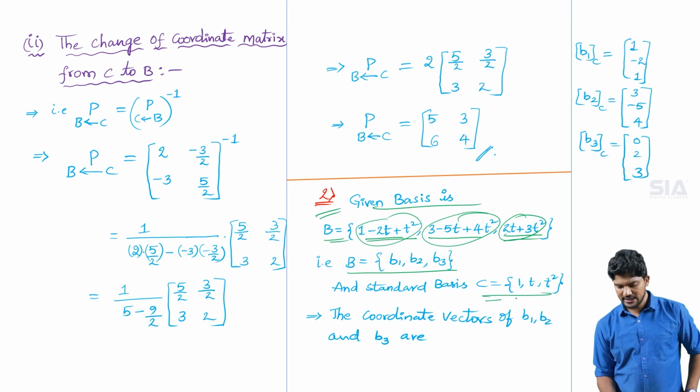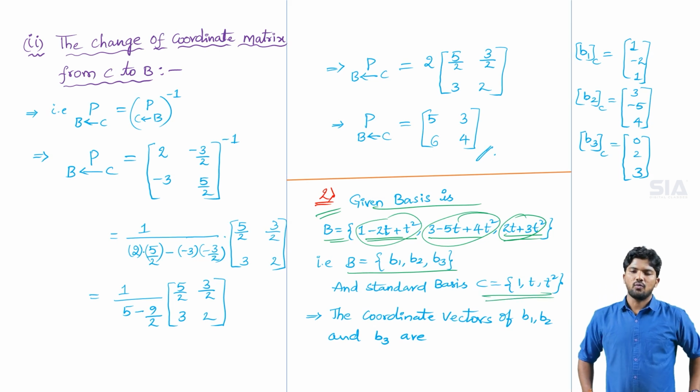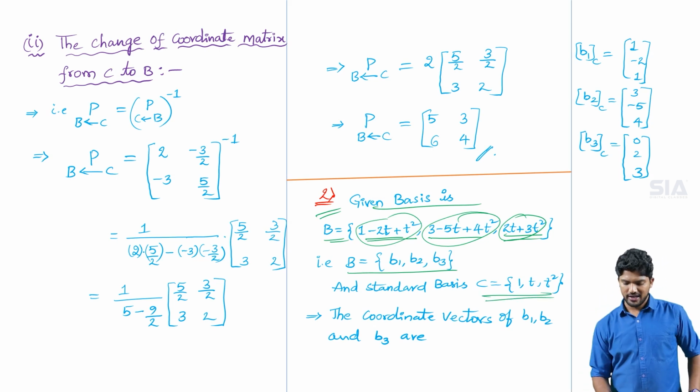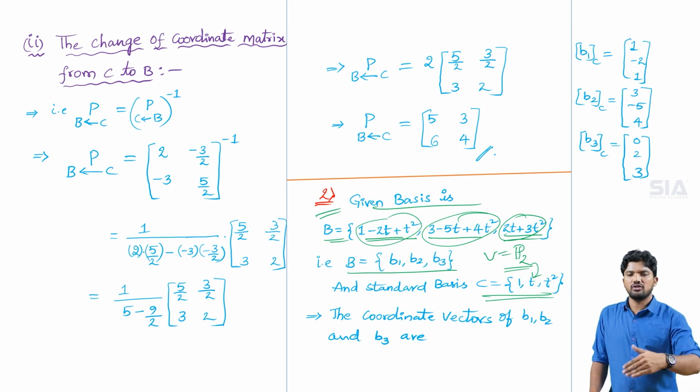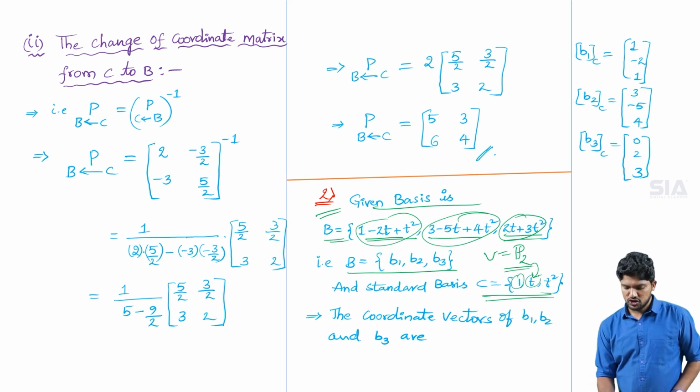And the standard basis capital C is equal to 1, t, t square. You know very well, here the vector space capital V is equal to P2. In P2, the standard basis is in this format only: 1, t, t square. And whenever you apply a quadratic equation, these values must and should